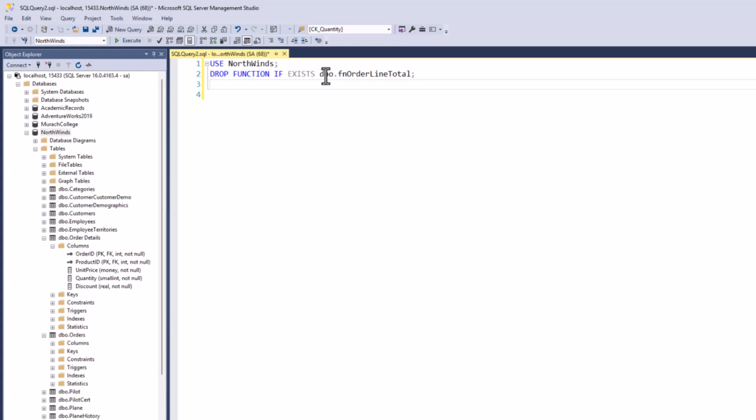Because we want to turn around and create the function, we have to process that create in a batch, so we need to put a go statement. Now our function, this is going to be a create function. Going to essentially copy down the function name,